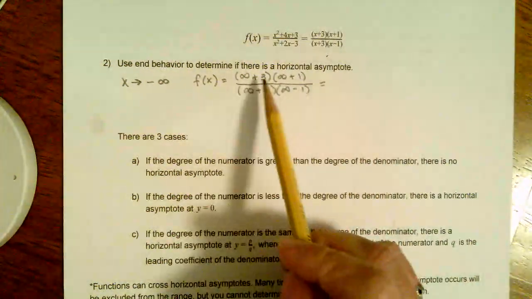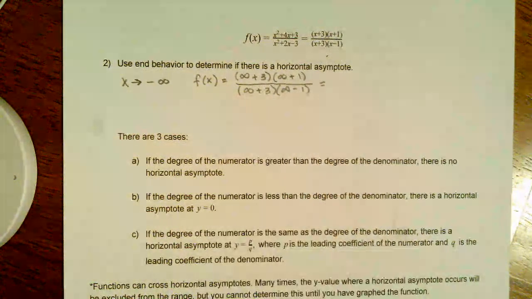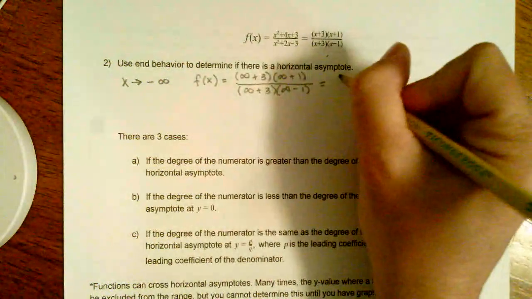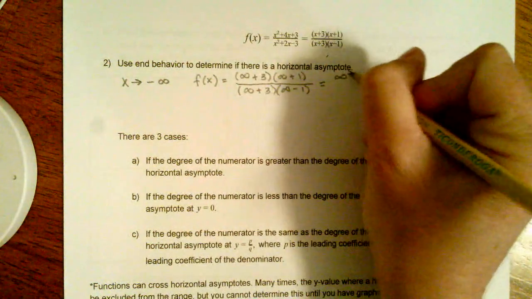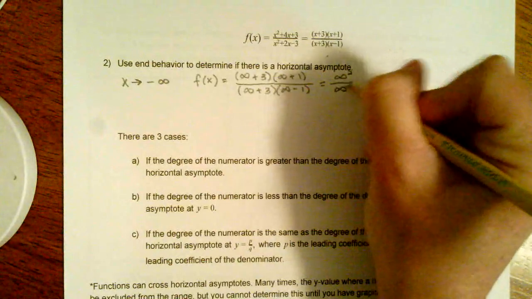Okay, these constants 3 and 1 and 3 and negative 1 are so insignificant compared to infinity that this really simplifies to infinity squared over infinity squared,